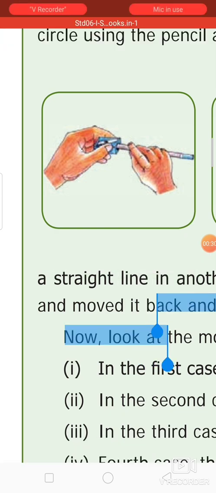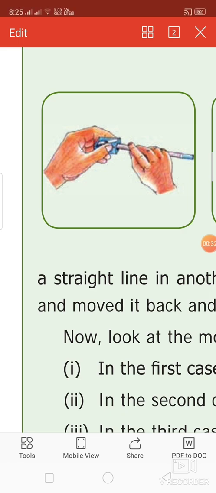Dear children, in the lesson forces and motion, we have seen that motion and rest are interconnected to each other. We cannot separate motion or rest individually. To make an object move from its rest position, it needs an external agency. The external agency is known as force. There are two factors responsible for this force.